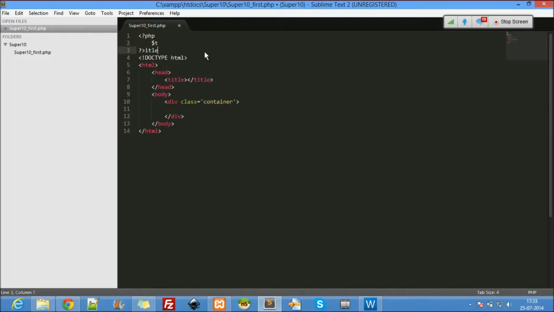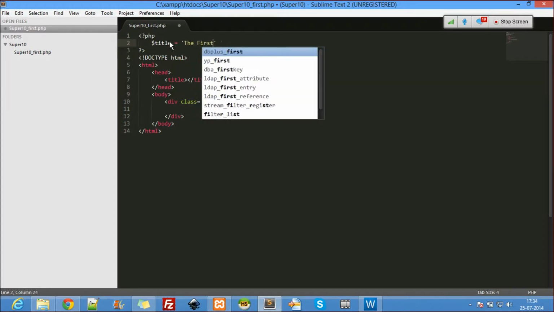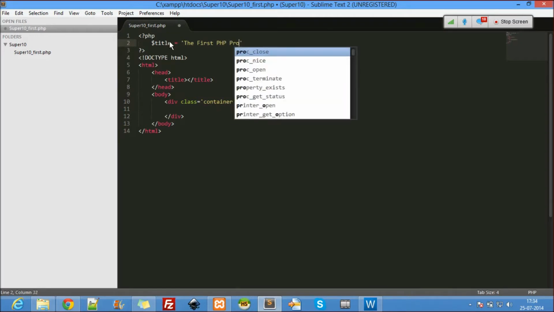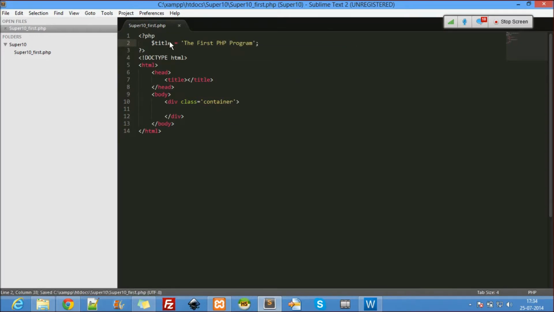Don't ask any questions. What is the dollar or what is this? I'll tell this in the next class. Okay, the first PHP program. I just wrote some piece of code over there. You will eventually get to know what exactly this piece of code is. I'll talk about the syntax later, but let's just see our first program here.